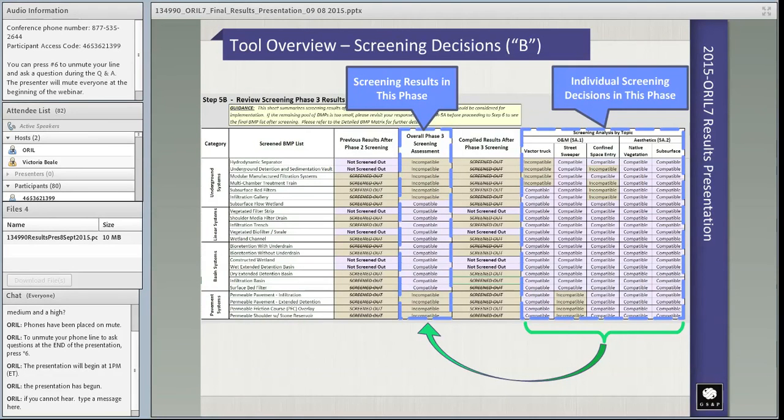So you can see, as an example, subsurface bed filters were ruled out at this phase as incompatible for the confined space entry requirements for that site, for the O&M constraints. And as a result, because there is a single incompatibility there, that BMP is ruled out as incompatible under the overall Phase 3 screening assessment. And this next column